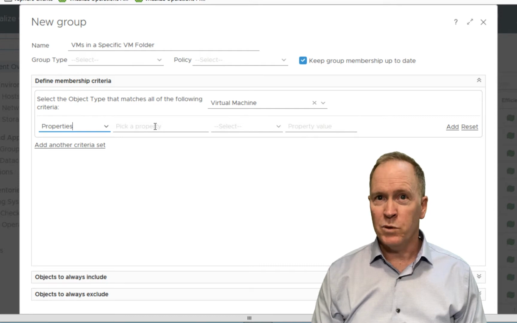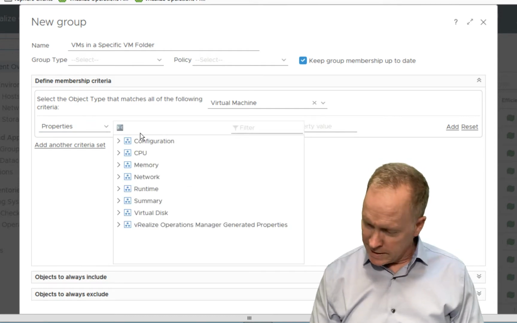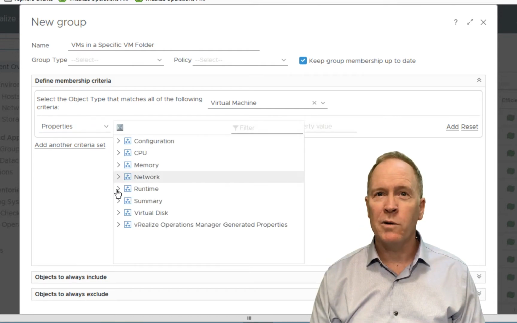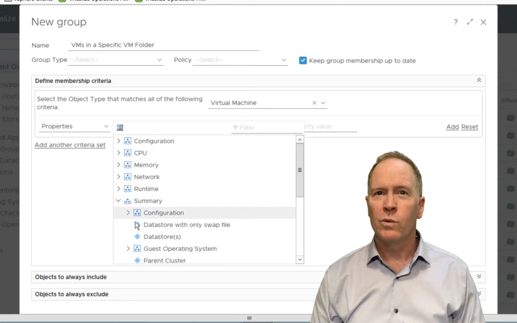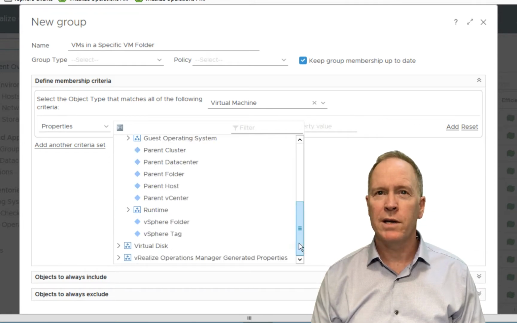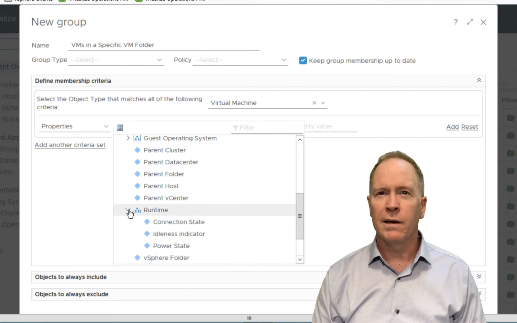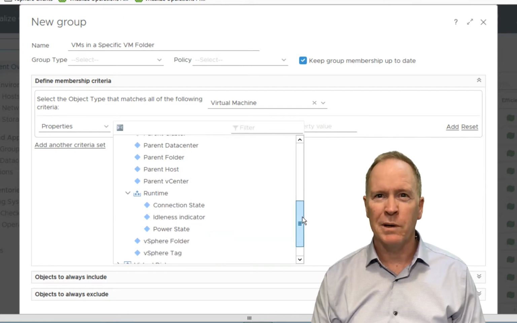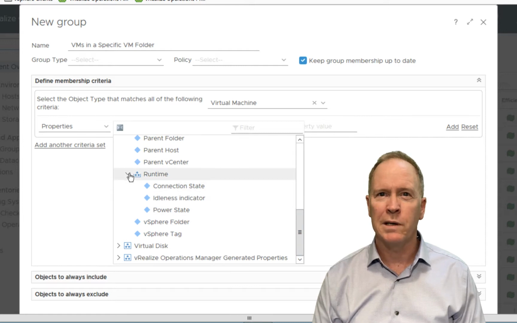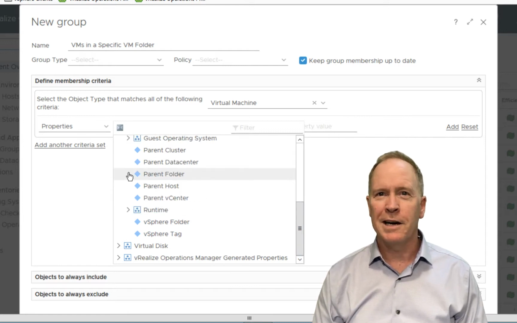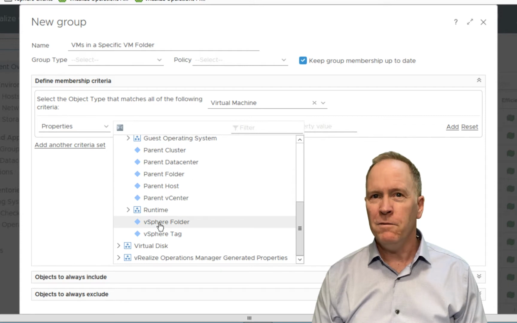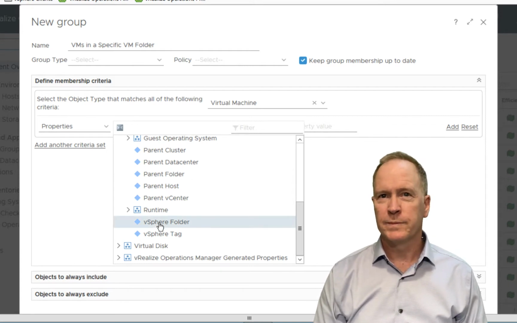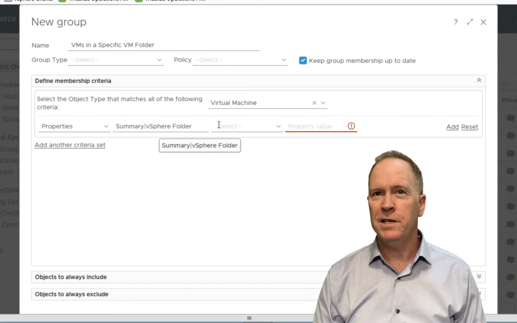So we're going to choose properties, just like we did previously. And this time I'm cheating here and looking. We're going to go to Summary, Runtime. So Summary, scroll down a bit to Runtime, expand Runtime. And one of the things that we have here under Runtime is Power State. Actually, that's where we're going to go looking in a moment. That's not what I'm looking for. I'm actually not looking for something in Runtime. On second thought, I'm looking for Summary vSphere folder. So if I choose Summary vSphere folder,